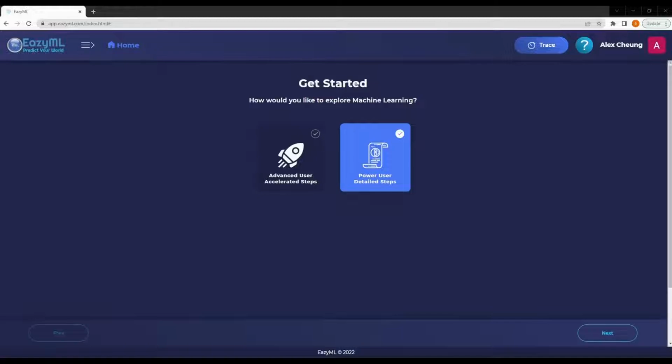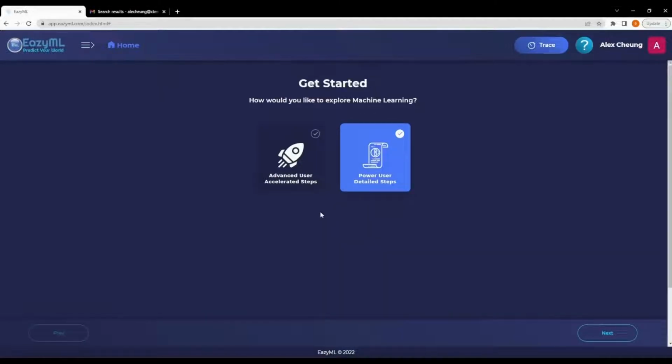We recommend that you trust and accept EazyML's default recommendations because EazyML is a smart ML platform with built-in checkpoints and guideposts. But remember that EazyML is a very adaptable, modular, and easy to navigate machine learning platform that allows you to override its recommendations if you are an expert and choose to do so.